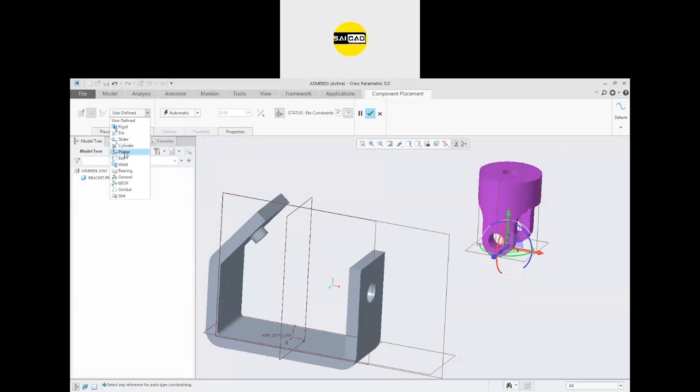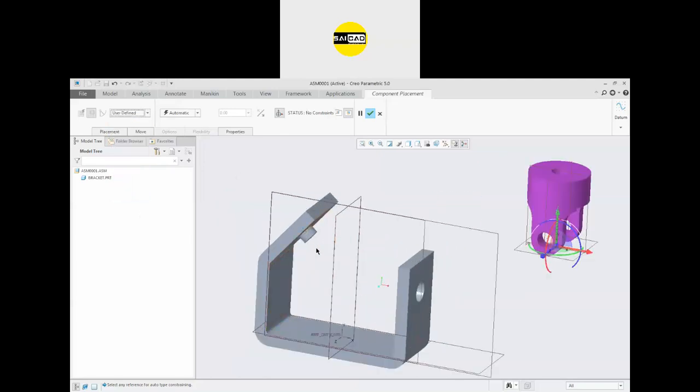And next is cylinder. It will rotate around an axis and it will also move along the axis. Like we have the piston. Piston moves up and down, but it has no rotation. But we can also apply the cylinder here. So like that, we have several other relations right here.